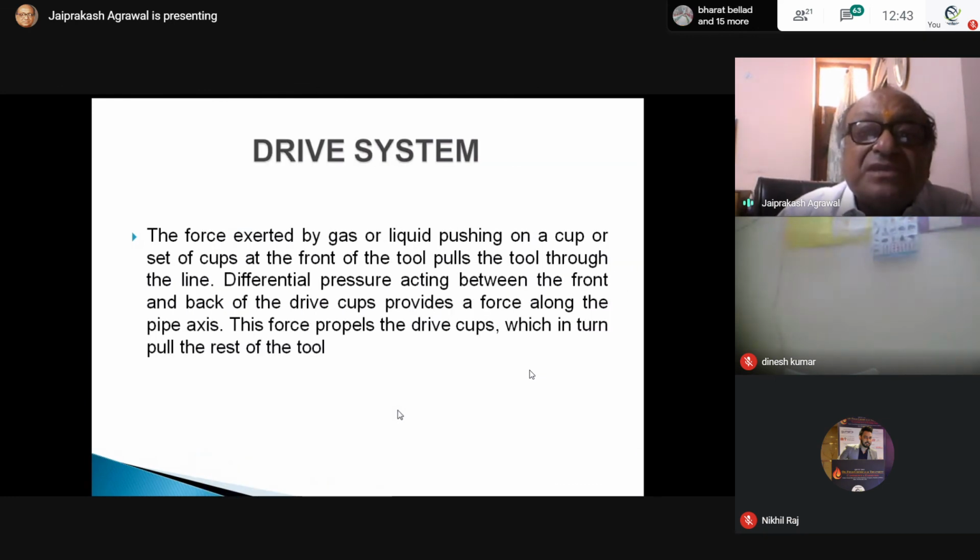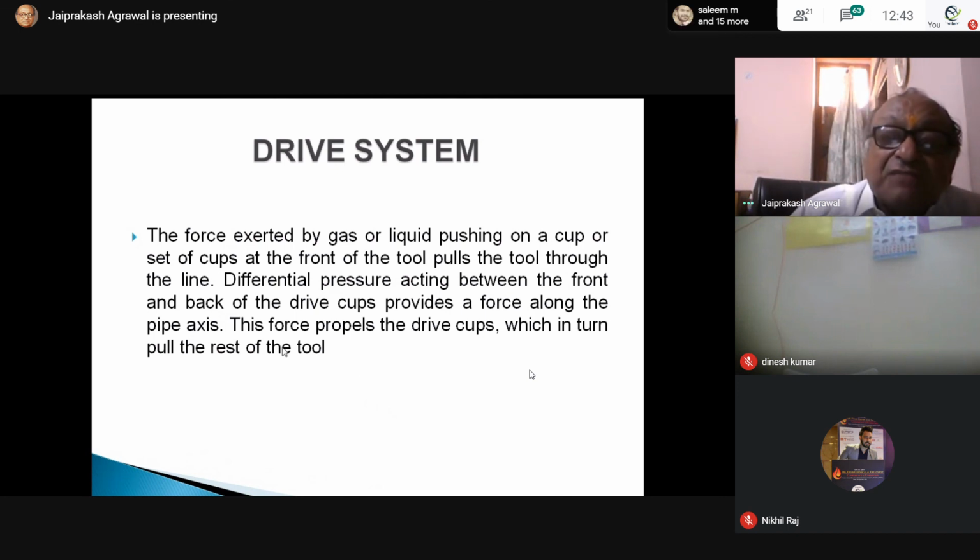It is a drive system. The drive system is a differential pressure between the front and back of the drive cups. There are the drive cups, and there is a pressure difference between the upstream cups and the downstream cups. This pressure difference forces the pig to move.